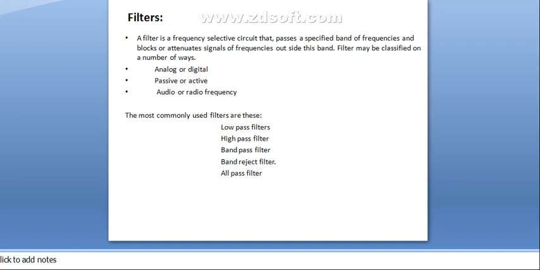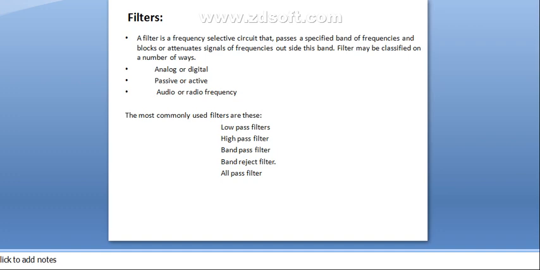Modern active filters do not use inductors, because inductors are bulky and non-linear. Inductors also generate stray magnetic fields. That's why in active filters we don't have inductors. The active filters consist of active components along with resistors and capacitors.